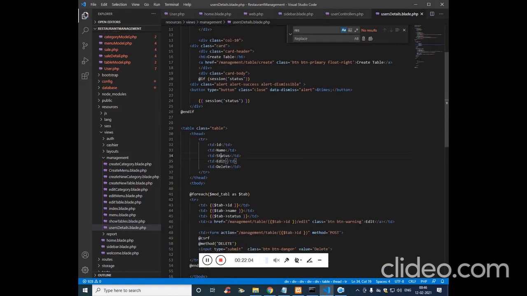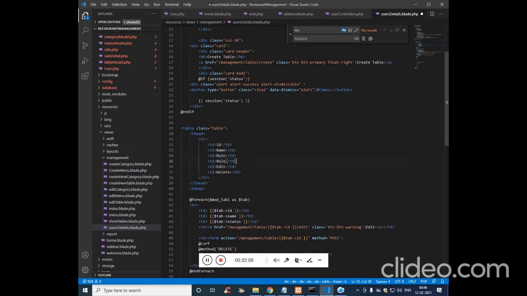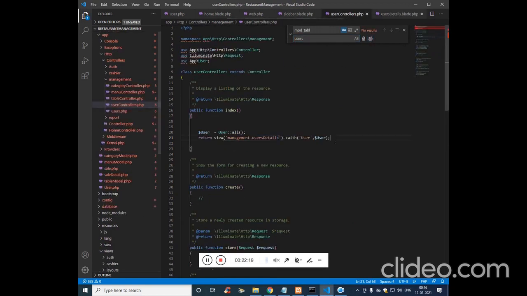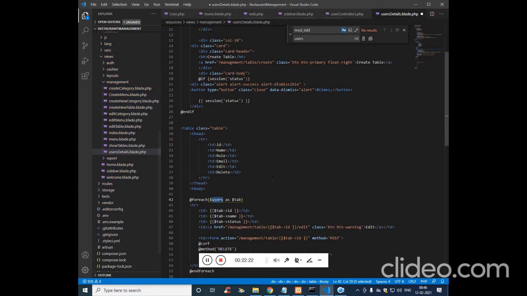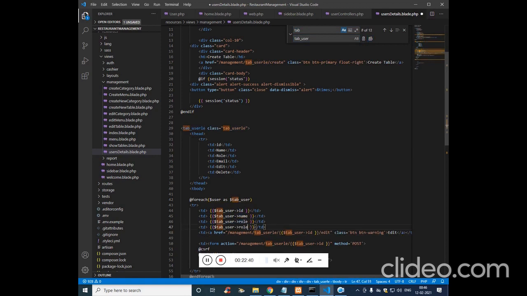And now we need name, we need role, we need email. Whenever there is model, make it users. It's simply user, not users. Whenever there is tab, just make it tab underscore user. ID, name, role, email,